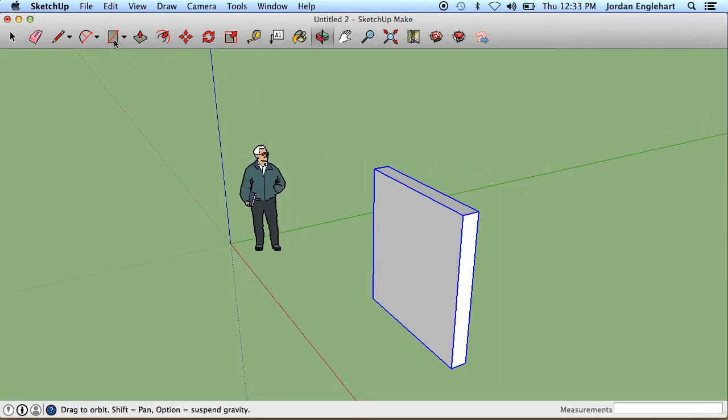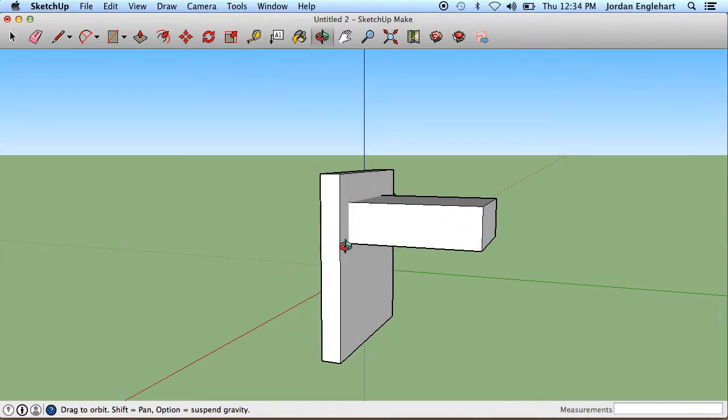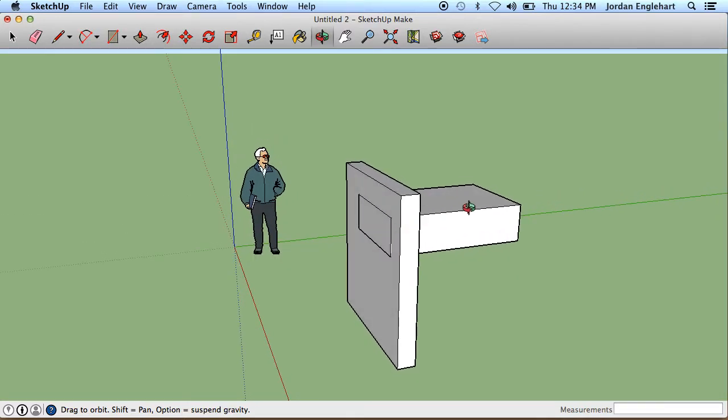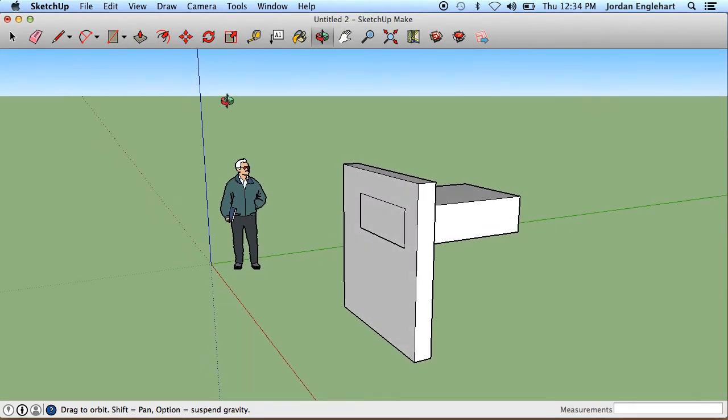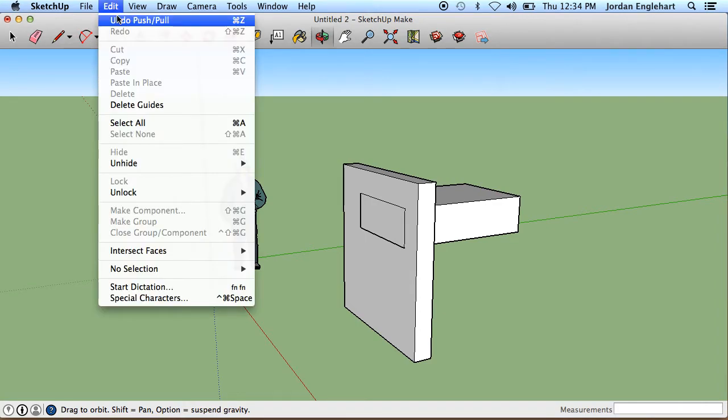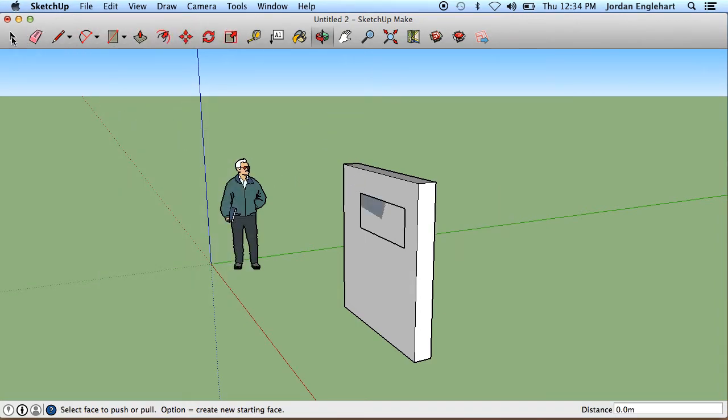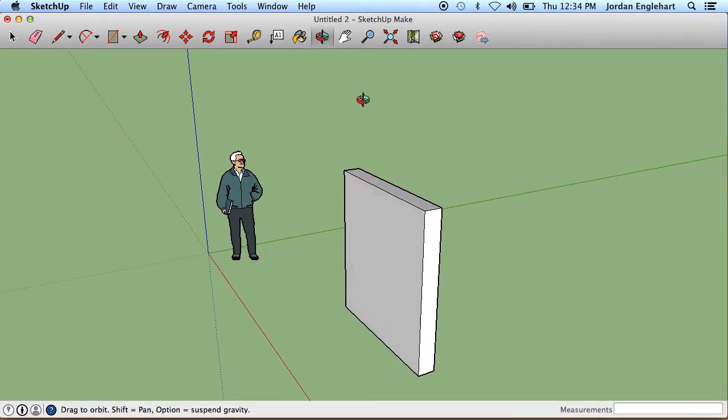However, if I try to draw that rectangle on the outside of this group, it won't let me do it. I can draw the rectangle there, but if I try to push-pull, I can pull it out. That's not a problem, but I can't just push it through and have it get rid of that window, because essentially all I'm doing is pushing this shape through my group and having it come out the other side, but it hasn't made the change to the group itself. So I'm going to undo that push-pull, and I'm even going to delete that rectangle because it doesn't fix my problem of wanting a window in this wall here. What I need to do